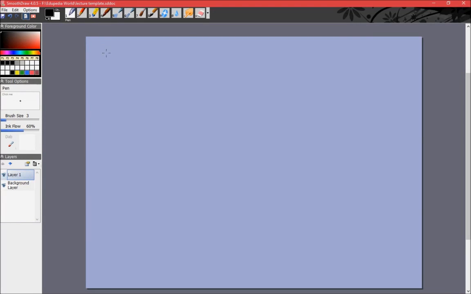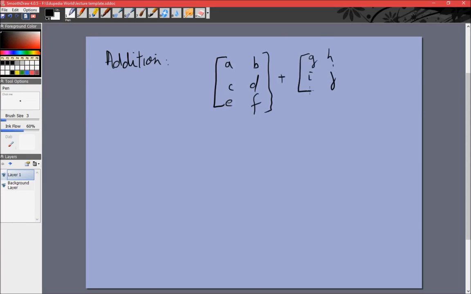Then we learned how to add two matrices. And that was simple enough too. If you have a matrix A, B, C, D, E, F, let's say, a 3 cross 2 matrix, and you add to it a matrix G, H, I, J, then you cannot do that because you cannot add two matrices of different sizes. But if you had another row here, K, L, then these two matrices could be added and